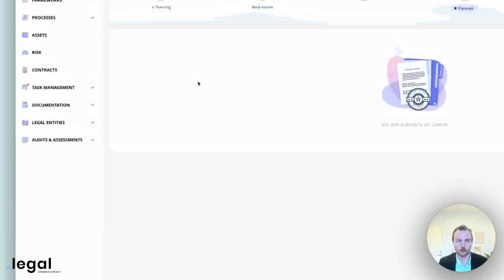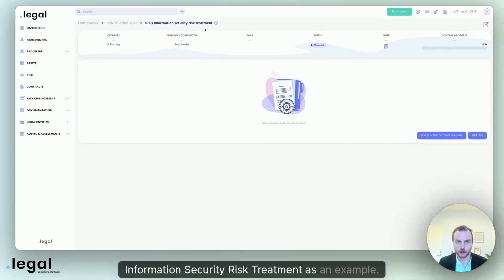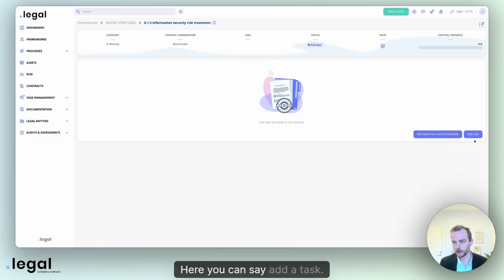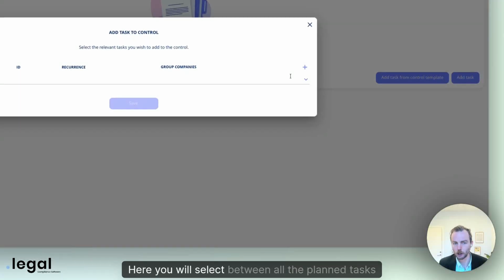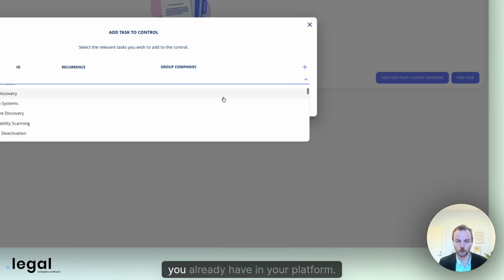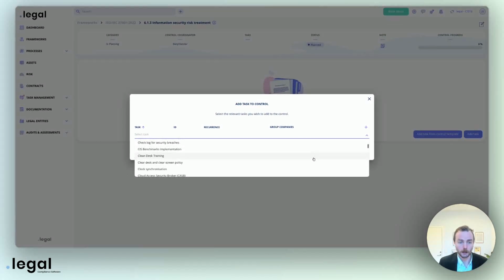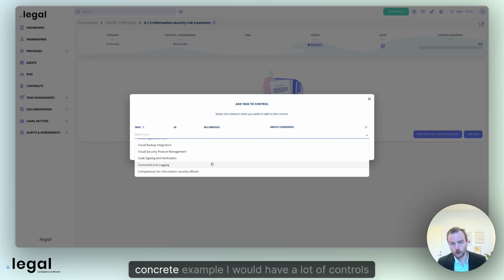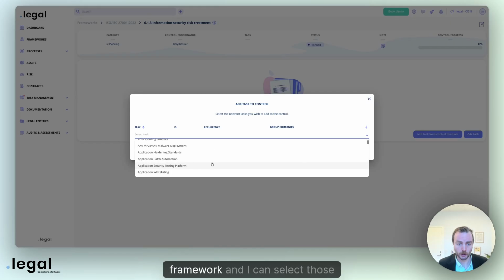So let's open information security risk treatment as an example. Here you can say add a task. Here you will select between all the planned tasks you already have in your platform. So in this concrete example, I would have a lot of controls from my SIS-18 framework, and I can select